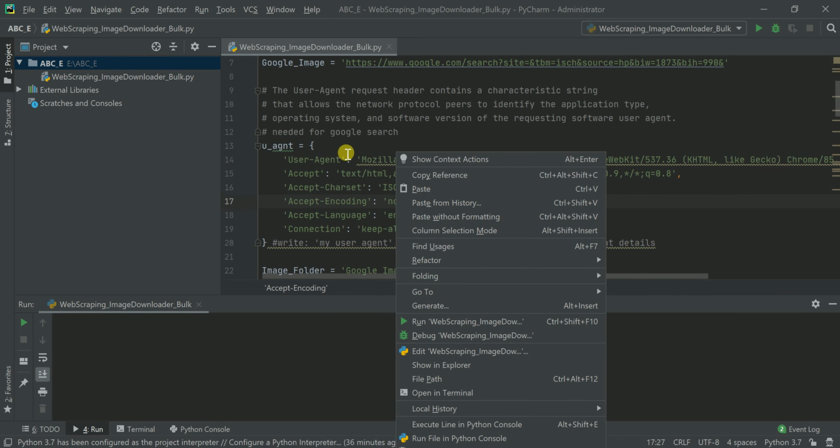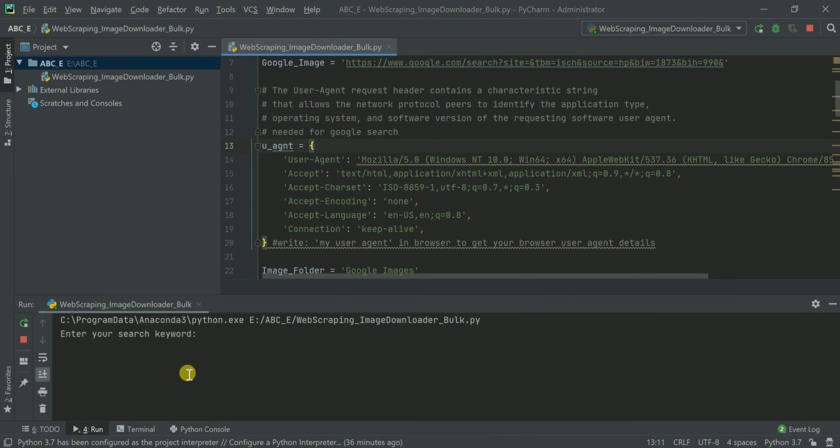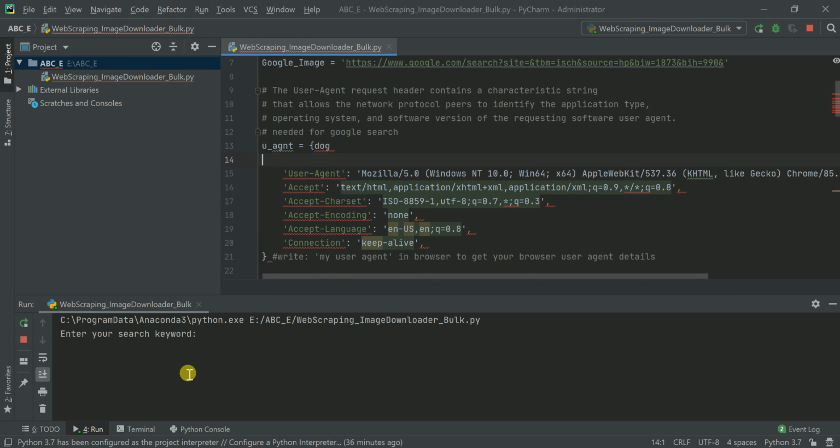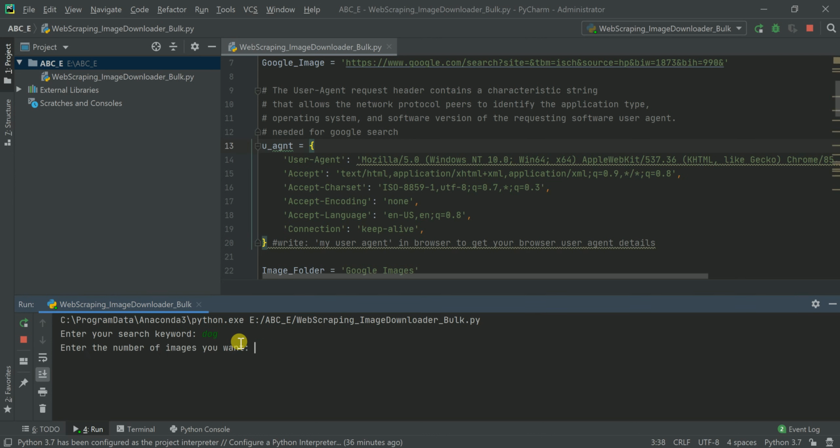Let me run this. Let's take dog images only. Here, dog. Then how many? I'm writing 1000, but it will download a maximum of 80. See here, found 80 images only, because that is the restriction from a single IP.